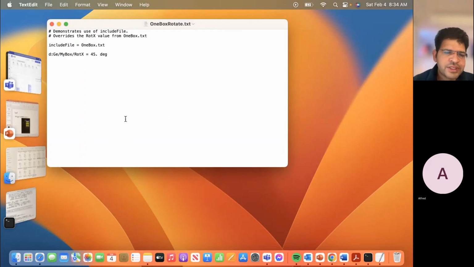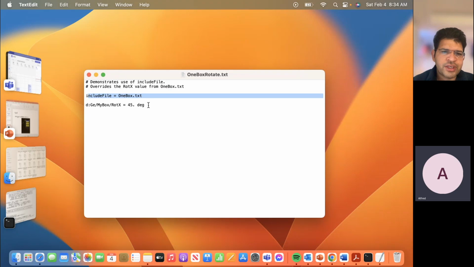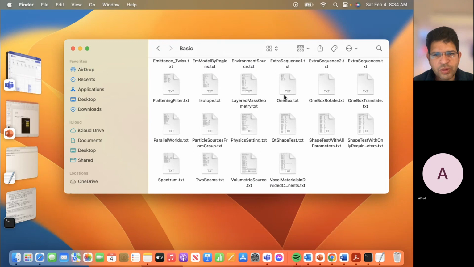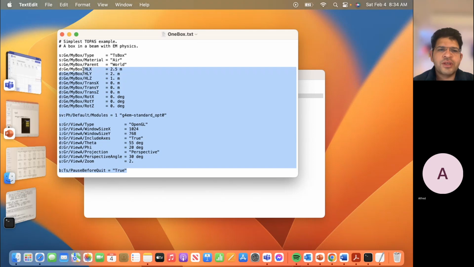Let's see this. You see this thing, what it has done is include one box. This is a strategy to include one of the files. Sometimes you have like three things. For instance, here in one box, there are three things. One is your geometry, another is your physics, and the third one is your graphics. These are easily visible in one screen, so there is not a